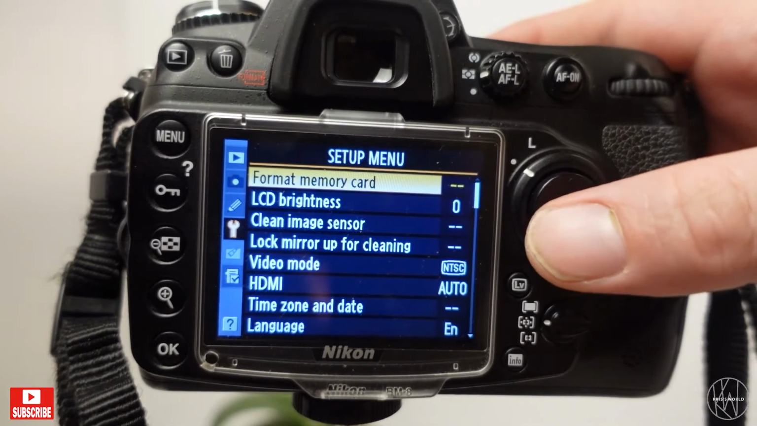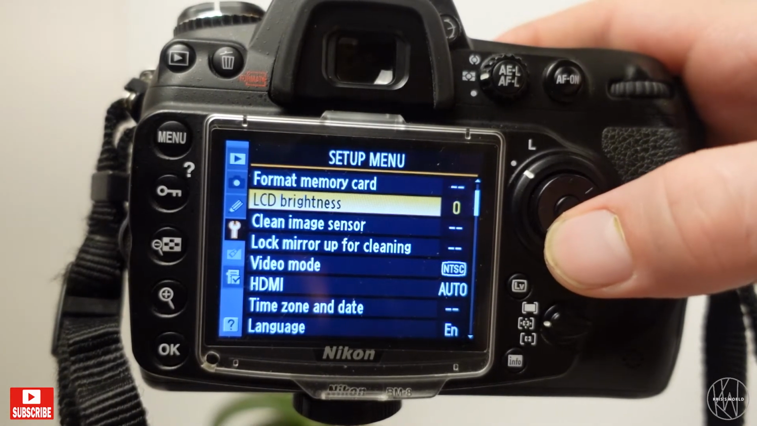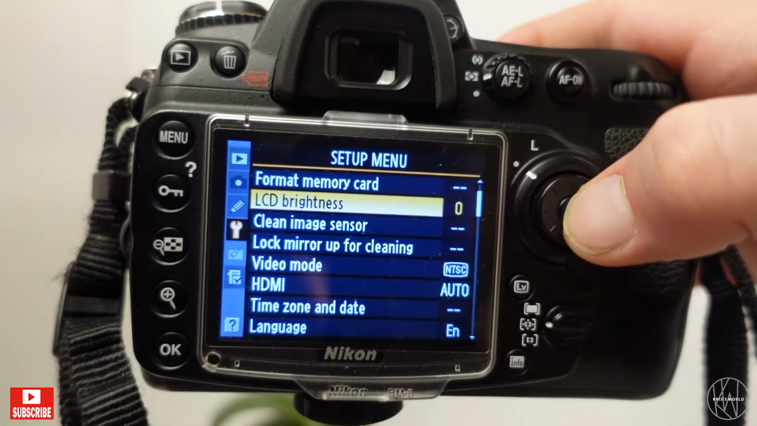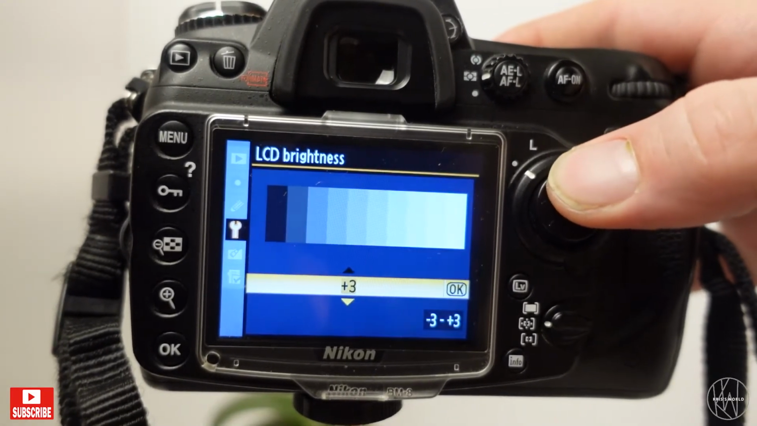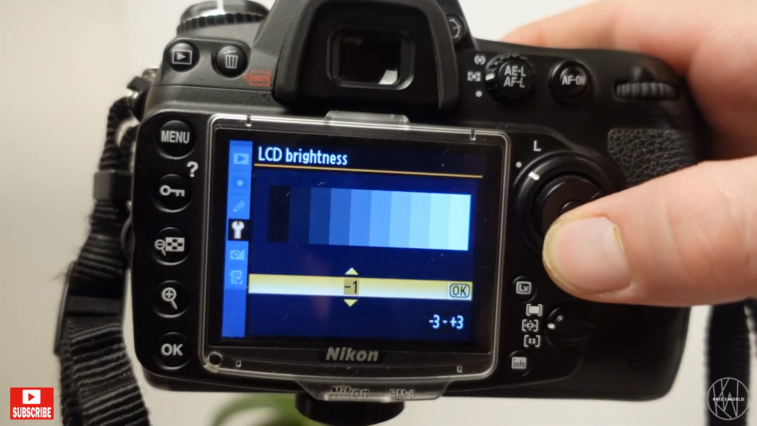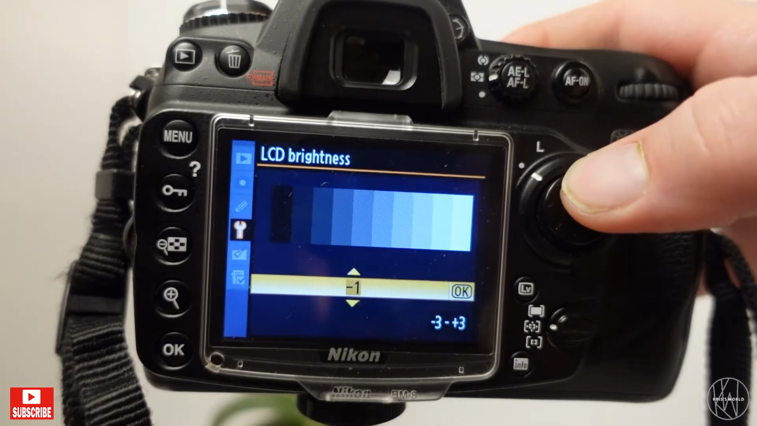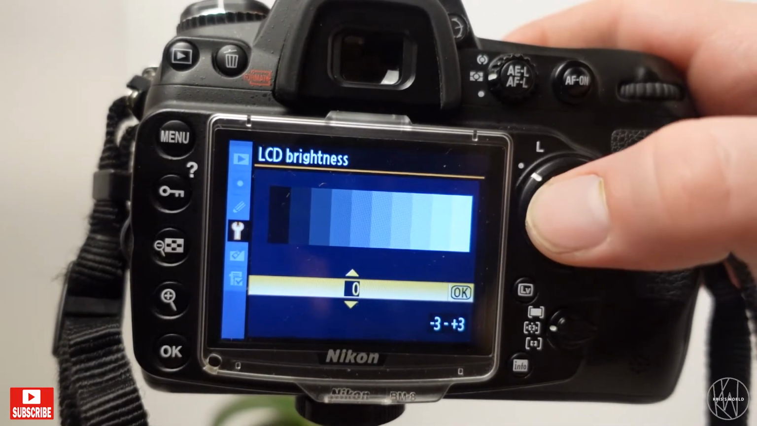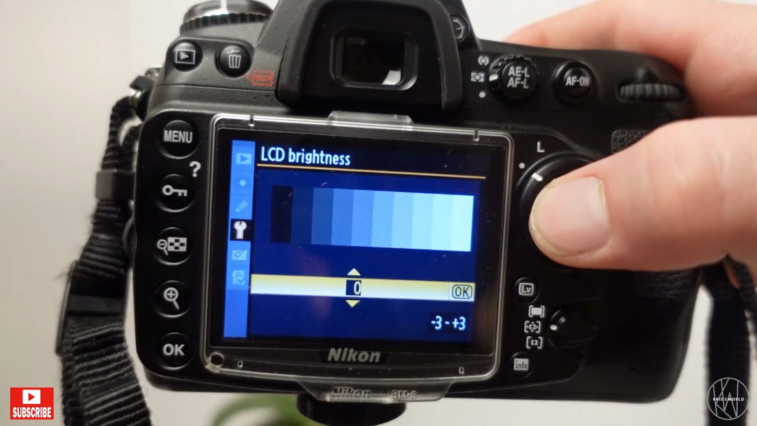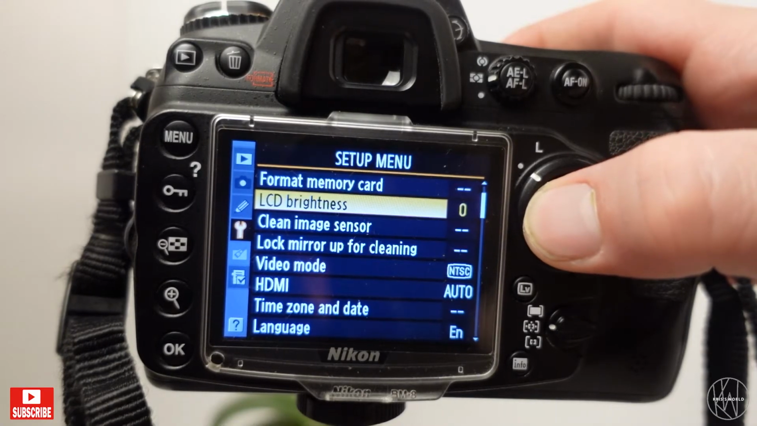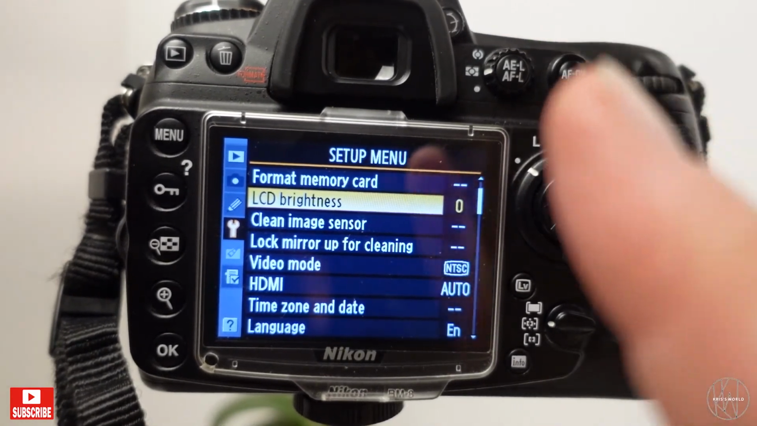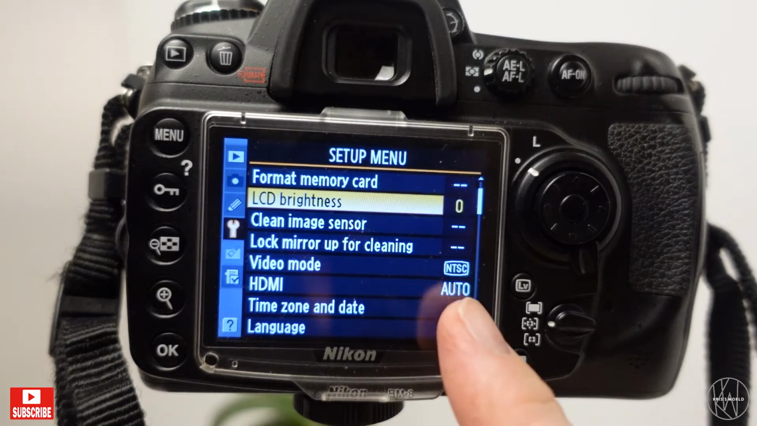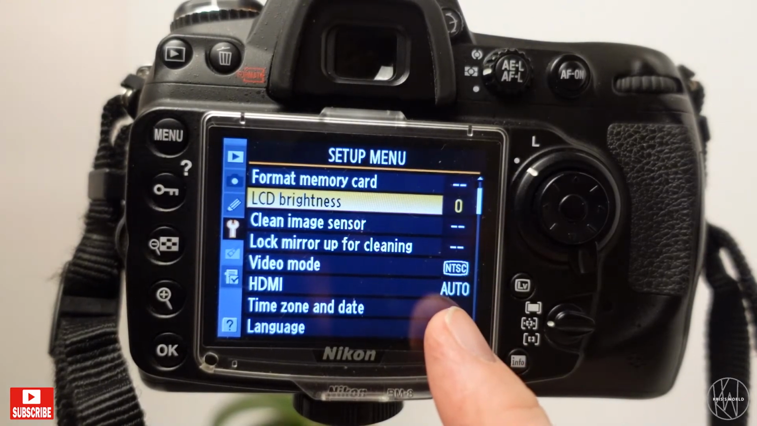Alright, setup menu. So we have format memory card, LCD brightness. So you basically can turn the brightness up or turn the brightness down depending on what you like to see your image, how you see your images and how you see your menu. That's nice. You can adjust that. You'll also have clean image sensor, lock mirror for cleaning, and of course this is how you change your HDMI